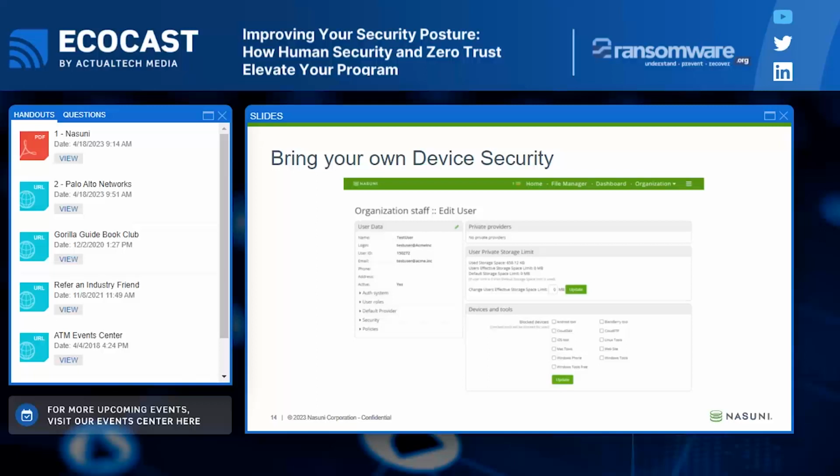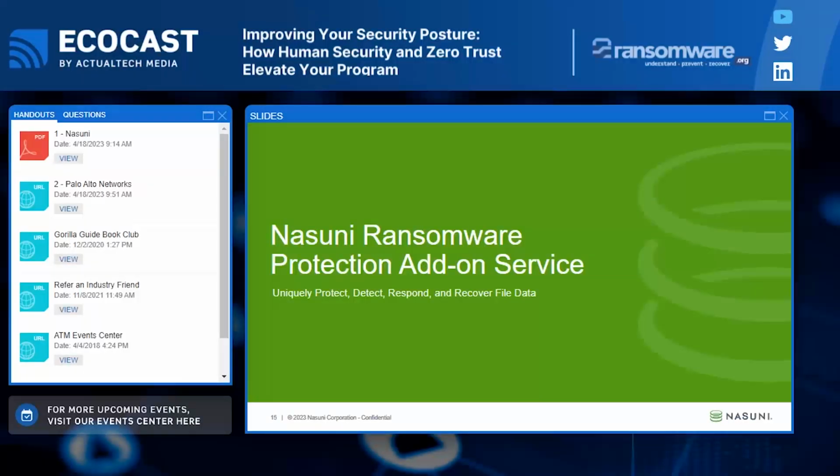So there's some configurable security around devices as well. All right, so that wraps up some of the things incorporated into this solution that we have for remote and hybrid workers. And now we're going to jump into what SUNY has for ransomware protection.